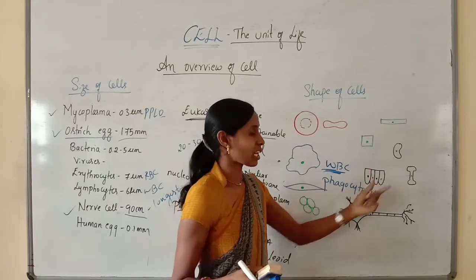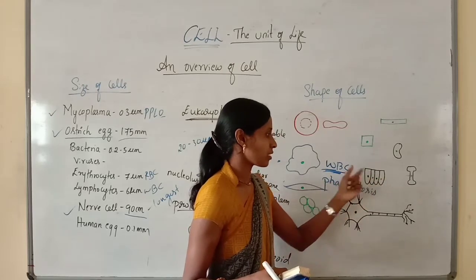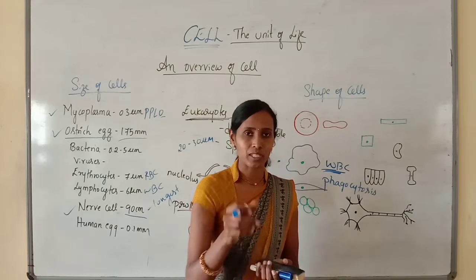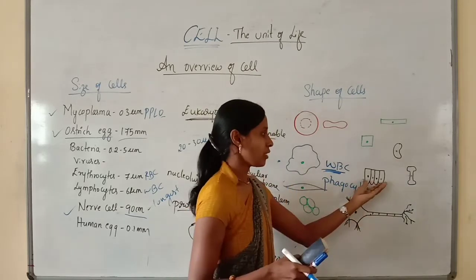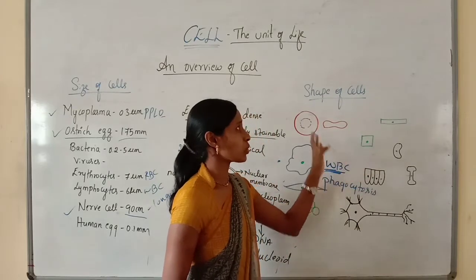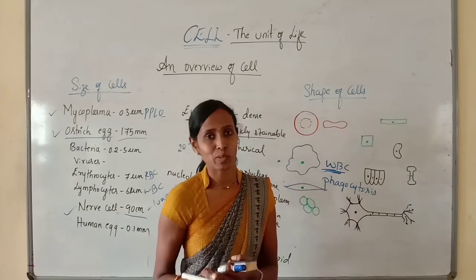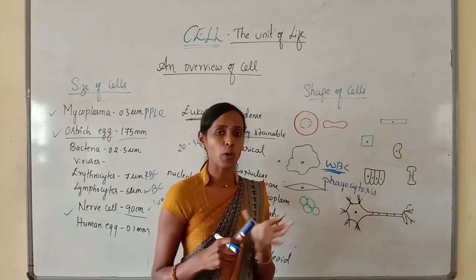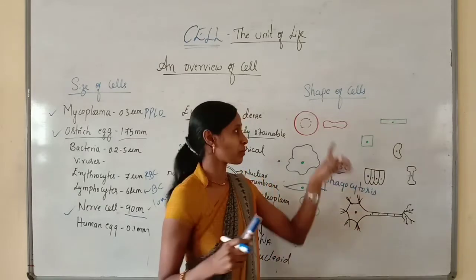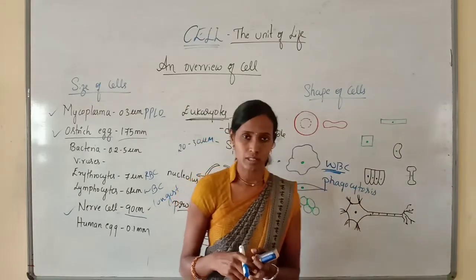And even these columnar type of cells are usually present in plant cells. Usually in the leaf we can observe the columnar cells, and as I told you, the shape of these cells usually depends upon the position as well as function. I have given an example of how it depends upon the position, and an example of how it depends upon the function. So this is about the shape of the cells.